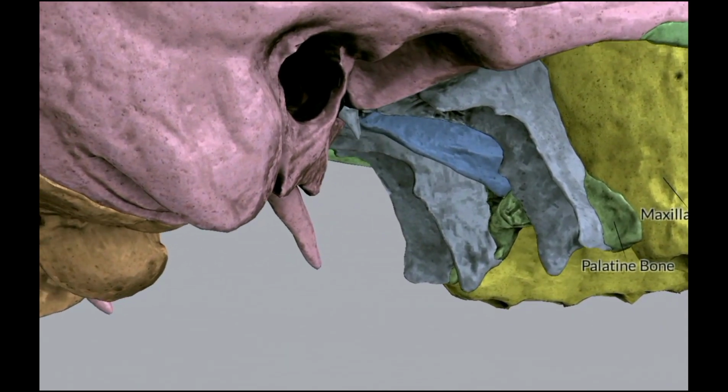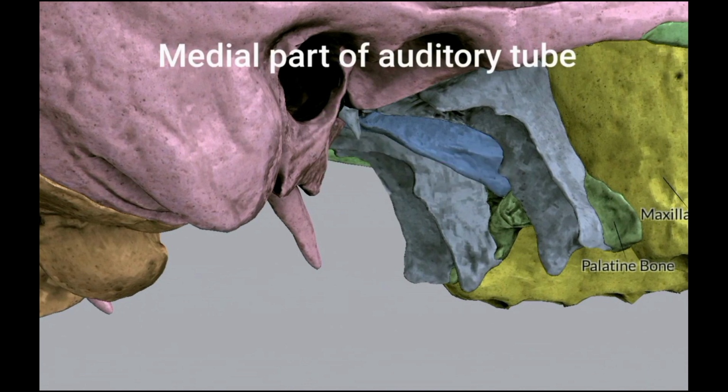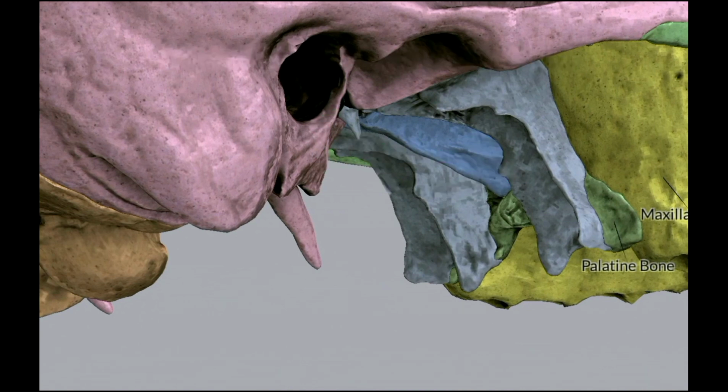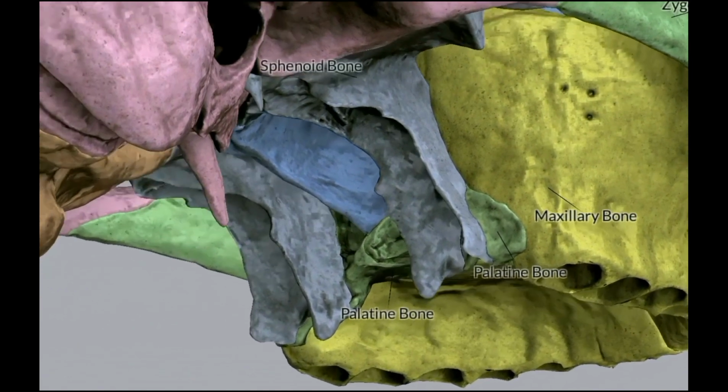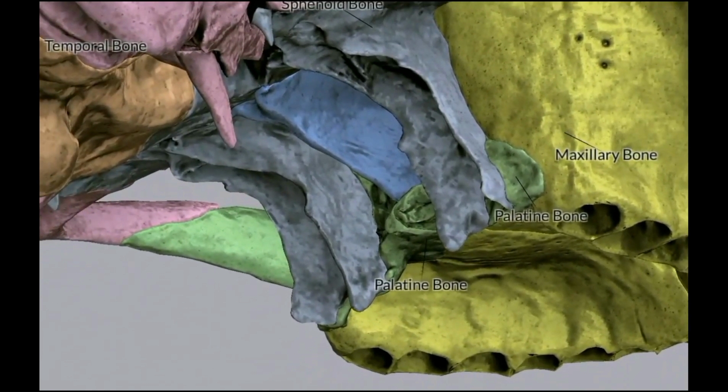That you should remember. So three things you will see in the posterior free margin of the medial pterygoid plate: scaphoid fossa, processus tubarius. The processus tubarius holds the middle part of the auditory tube, the cartilaginous part there, and the lower end of the medial pterygoid plate is called the pterygoid hamulus. It will give attachment to the pterygomandibular raphe. Remember, medial pterygoid plate, pterygomandibular raphe. M for mandible, M for medial. So the medial pterygoid plate gives attachment to the pterygomandibular raphe.